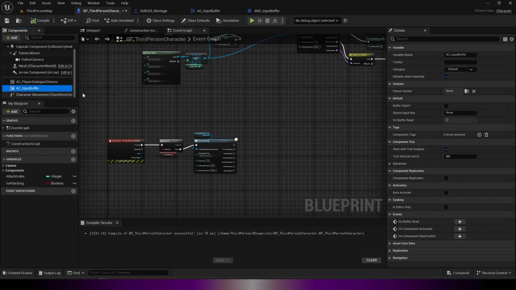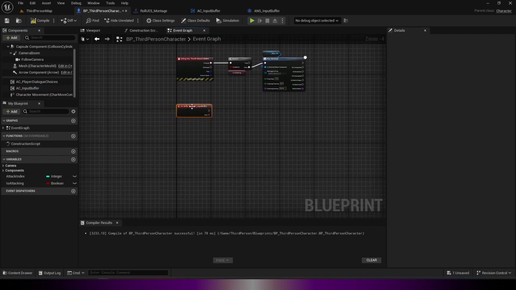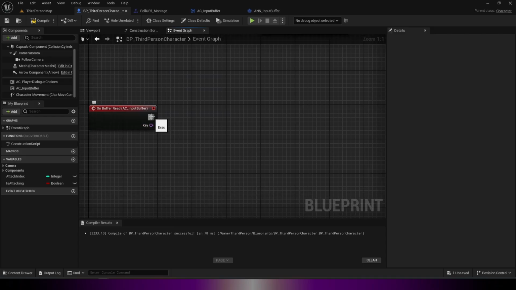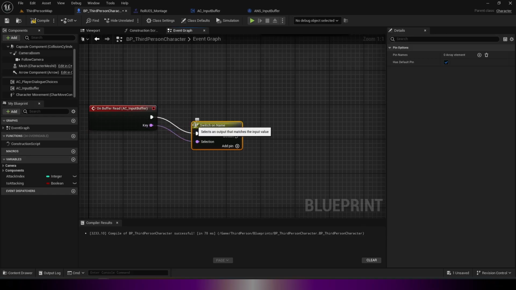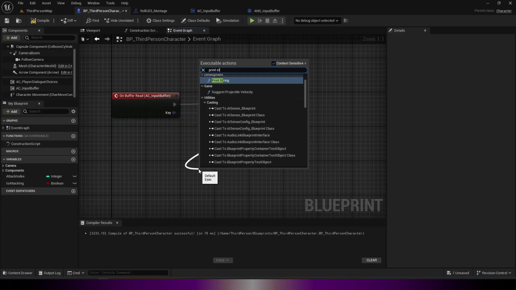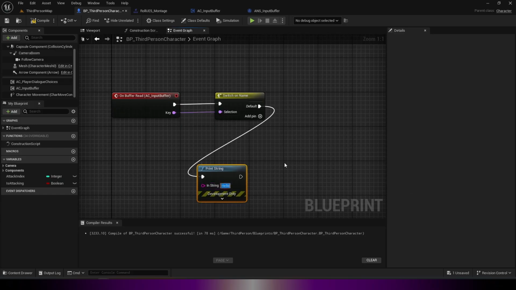Now then, from the AC input buffer, we have a bunch of events down here, one of which is on buffer red. Just hit the plus to add the event for this. And let's say when the buffer is red, we are going to switch on name. You can have the default here and say print string